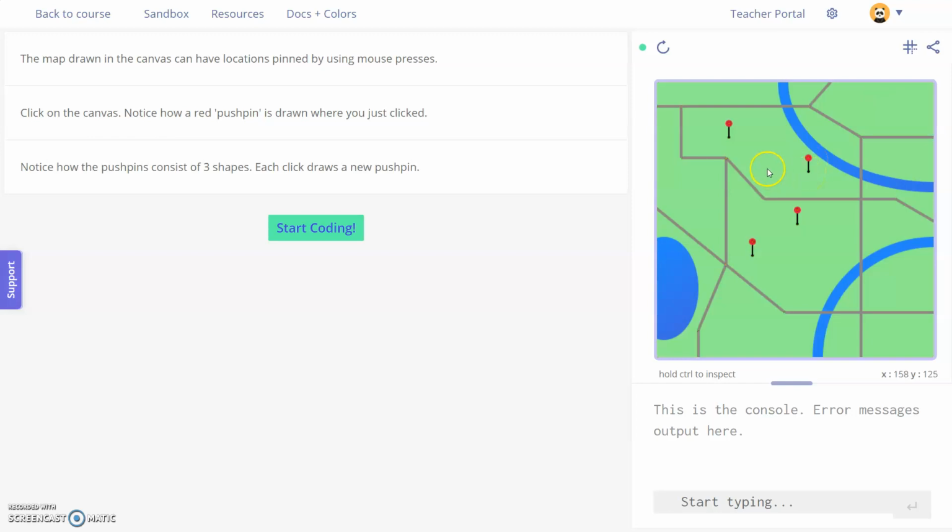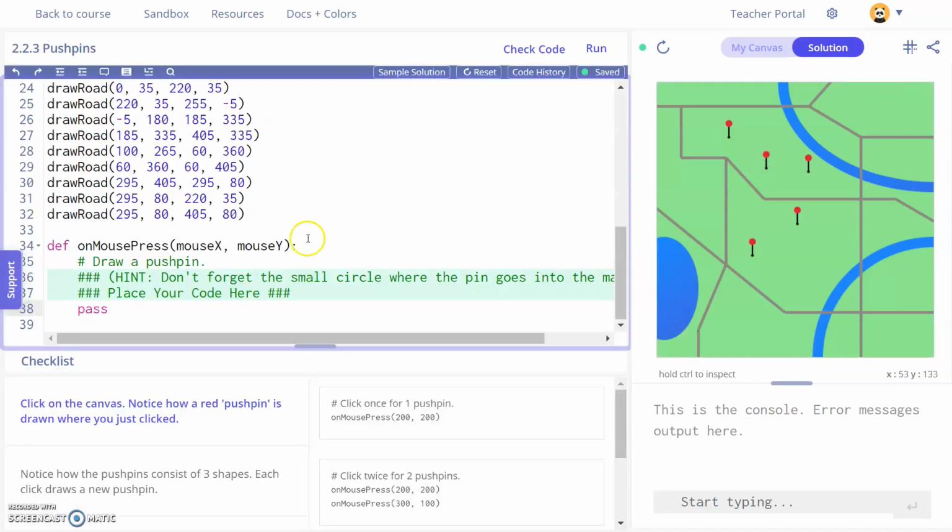bottom. Now remember, when you click the mouse, the current XY location is what's dropped in those X and Y parameters for the mouse press function. So the current X and Y numbers here would be on the bottom right, 158, 125. And there they are. So 125 and 105. They're 20 apart. So when we look in this exercise, you're asked to